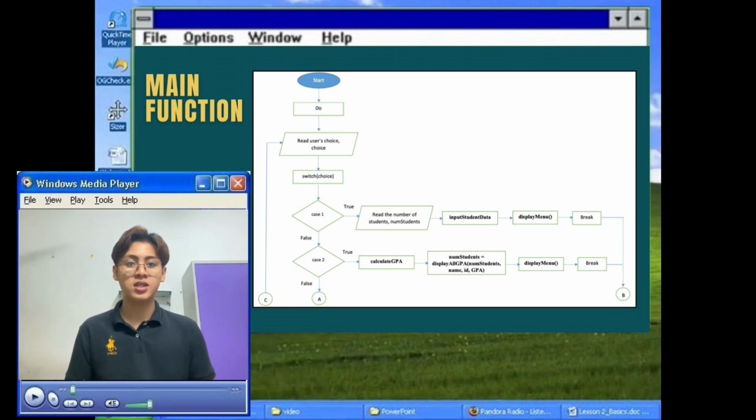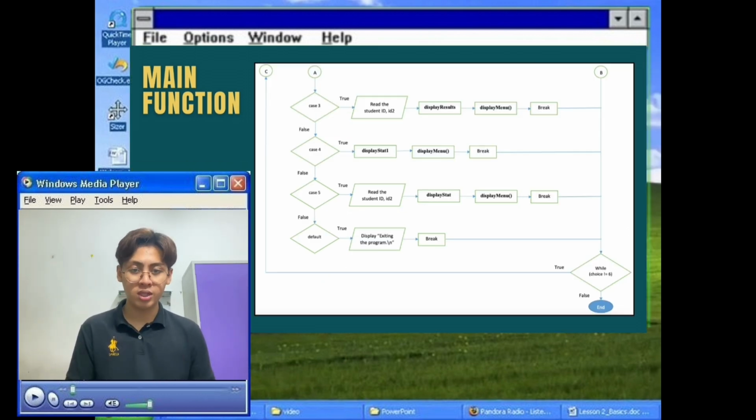If the user enters number 3, the program will instruct the user to enter the student ID and the function call for display results will happen. Lastly, the program will do a function call for the display menu function and the break statement will be executed to exit the switch structure. If the user enters number 4, the program will do a function call for the display stat1 function. Lastly, the function call for display menu will happen and the break statement will be executed to exit the